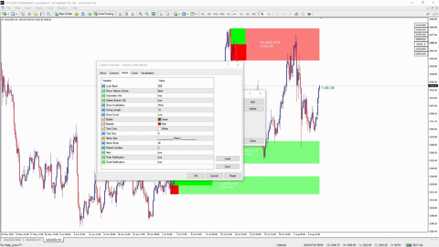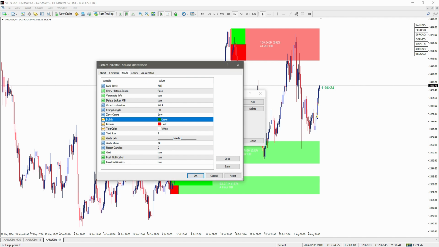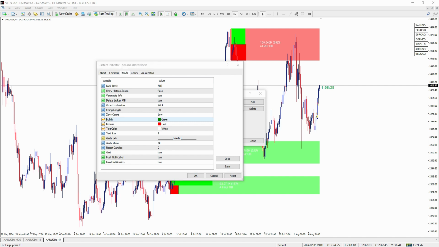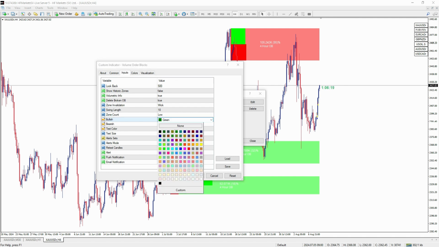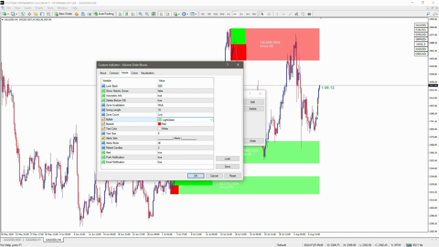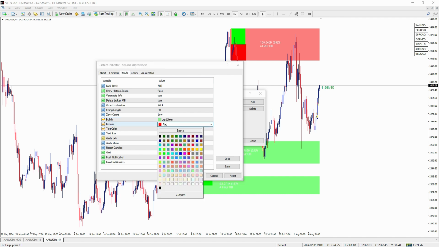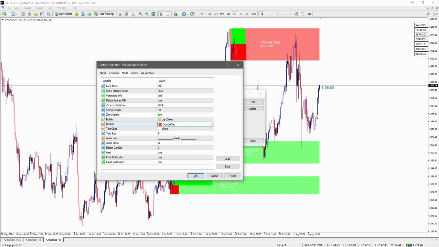But if you want to edit the bullish and bearish, then make sure the color is synchronized or connected with this color. That's a little bit complicated to explain, but let me show you. Let's say for bullish I'm going to set this color, okay, this light green, and for bearish orange red. And if I click OK,